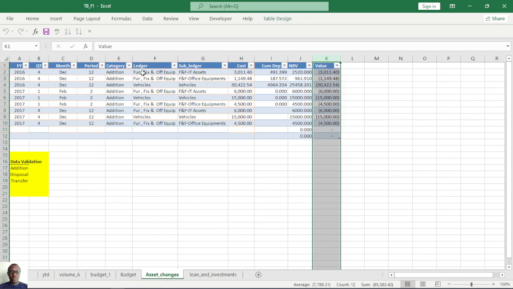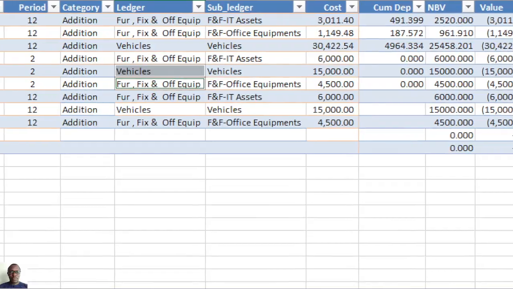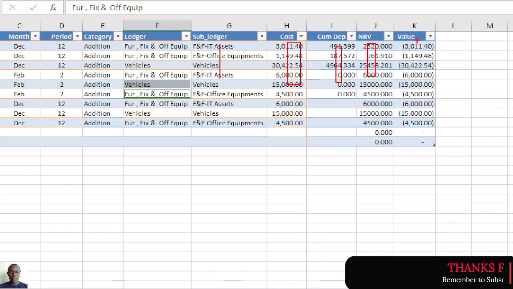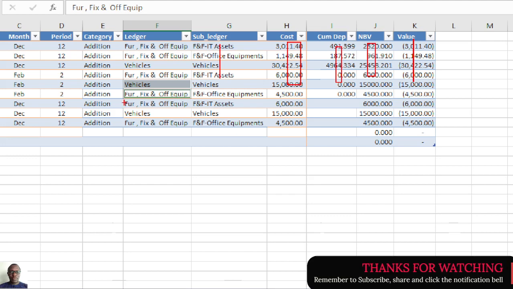We also have the sub ledger. We also have the cost. We also have cumulative depreciation. We have net book value. We have value and all that. So what we are trying to do here is rename the value to